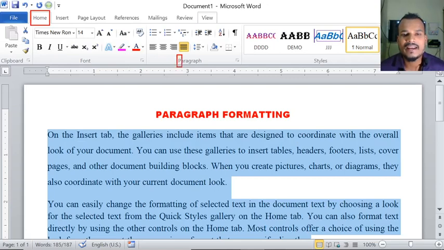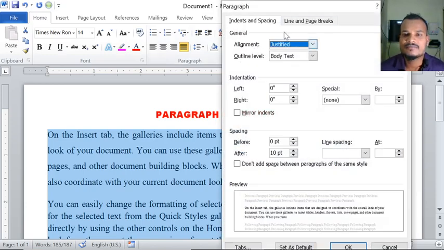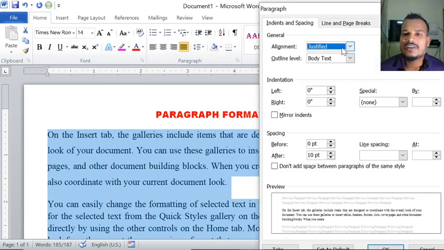In the Home tab, in the Paragraph group, this icon symbol is the paragraph icon. We have to click on this one. If you click on this one, you will observe in alignment: left, centered, right, justify.